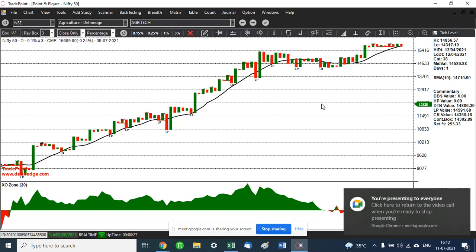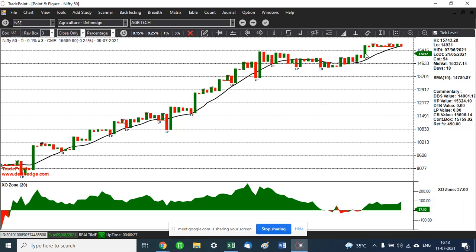Yeah, so I was talking about patterns. So double top buy, double bottom sell, and there is an anchor column. So here if we see, when we click on this green column, which looks like a long column of X, the count is shown as 54. You can see here, the count will be shown here. The count is shown as 54.